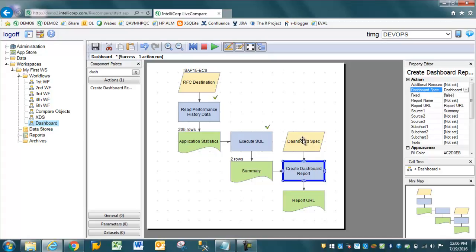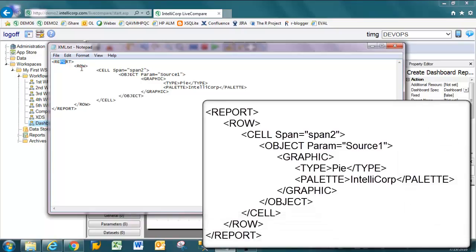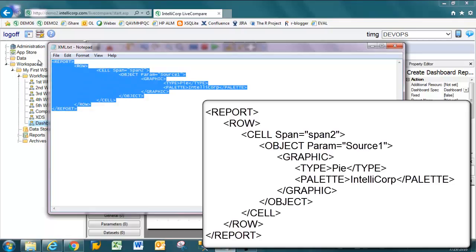It's an XML, and I have that pre-written here. It's in this format where you have the report, and you've got multiple rows and cells. Your object is my source 1 summary. It's going to be a pie chart, and the color palette will be IntelliCorp. So I'm just going to copy this,